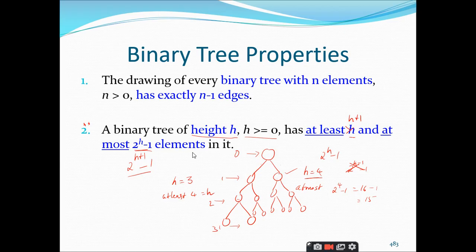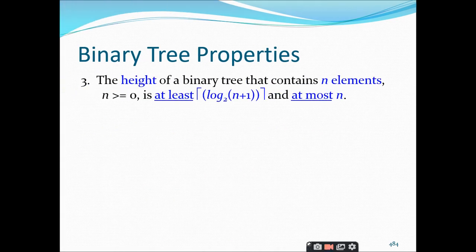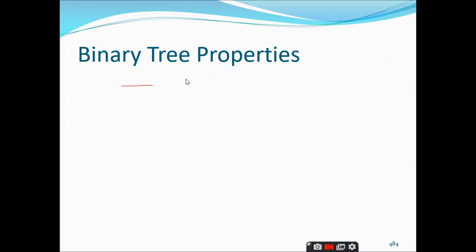So this is how you need to change the formulas, right? Anything is possible. You can start the level of the root at 0 or 1. This formula is given by considering the root at level 1. But if you take the root at level 0, you can make the necessary modifications accordingly, right? So the last property which we are going to discuss is, previously what was that one?